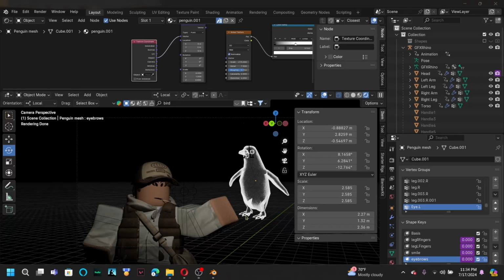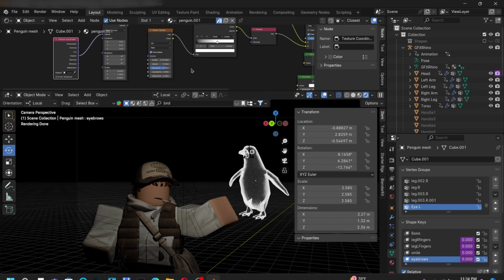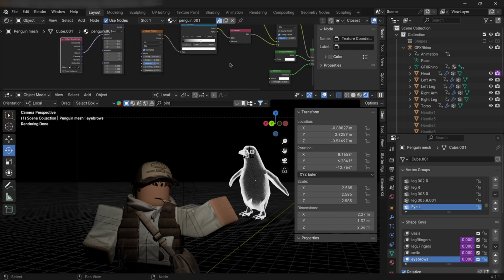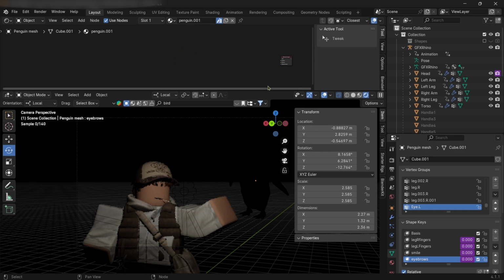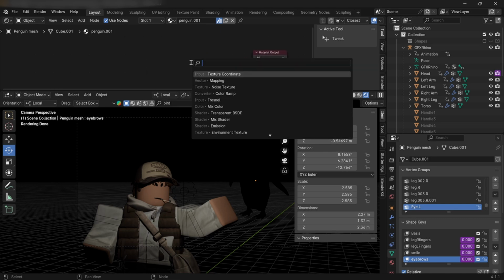Alright, in today's video, I'll be showing you guys how to make a hologram like the one I have on screen. To start off, I already have everything loaded in, so I just want to delete everything, all the textures that are in there. All you need to keep is your material output. Now the first thing you want to add is a mix shader,